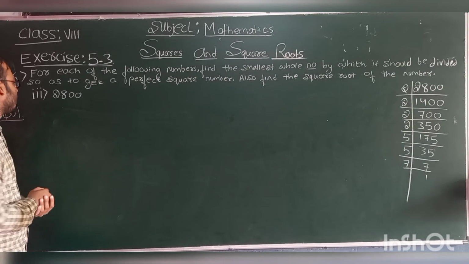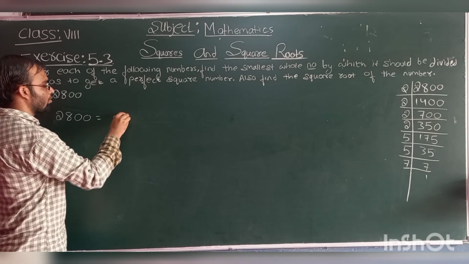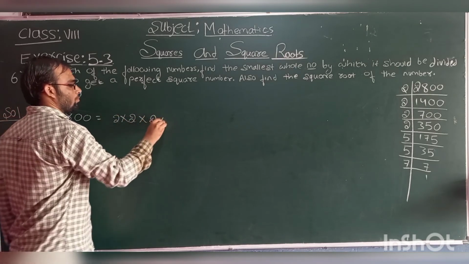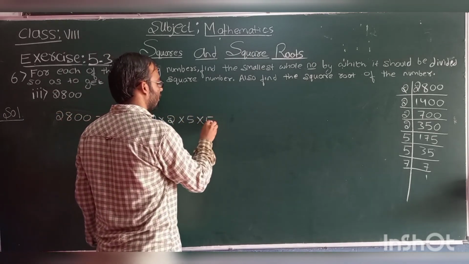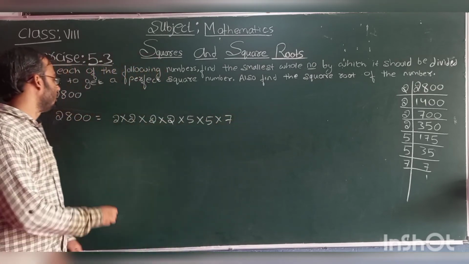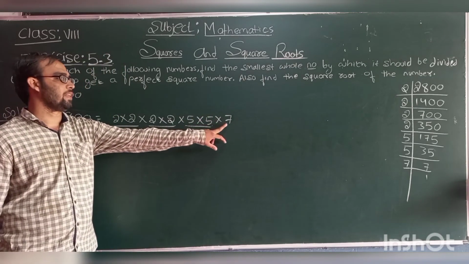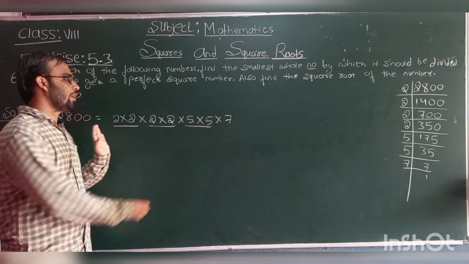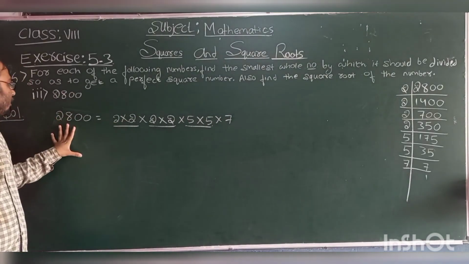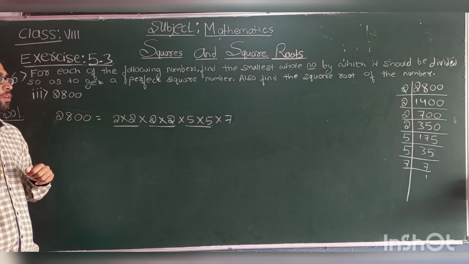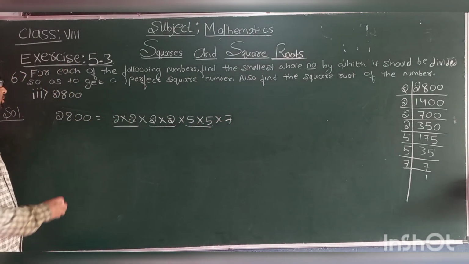Now we'll write the factors of this number. Okay, so here 0, 0. So 4 times 2. Next 2 times 5 and 1 times 7. Now pair the numbers. Students, look here, as 7 is not in a pair. When we remove 7, we are getting only paired factors. It means that when we divide this number by 7, we will get a perfect square. So as 7 is not in a pair, we need to divide this number by 7.